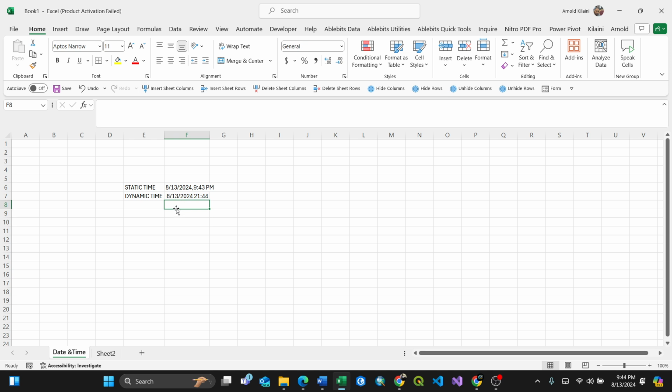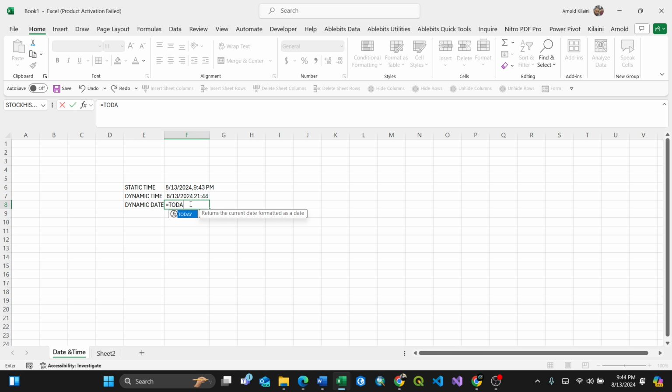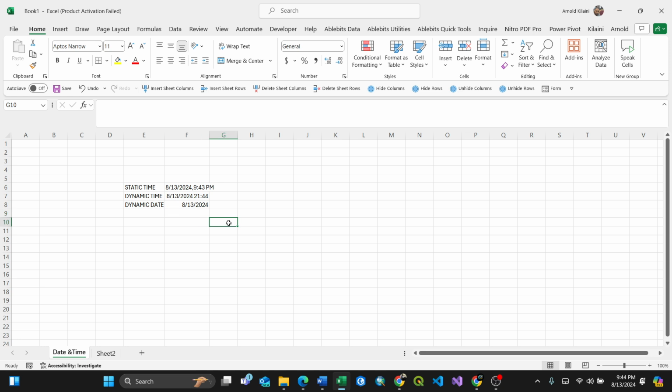And for the dynamic date, which changes accordingly, you need to set a function, which is the equals sign TODAY, which returns the current date as a formatted date. Then close the bracket. So that's it. This is the way of setting